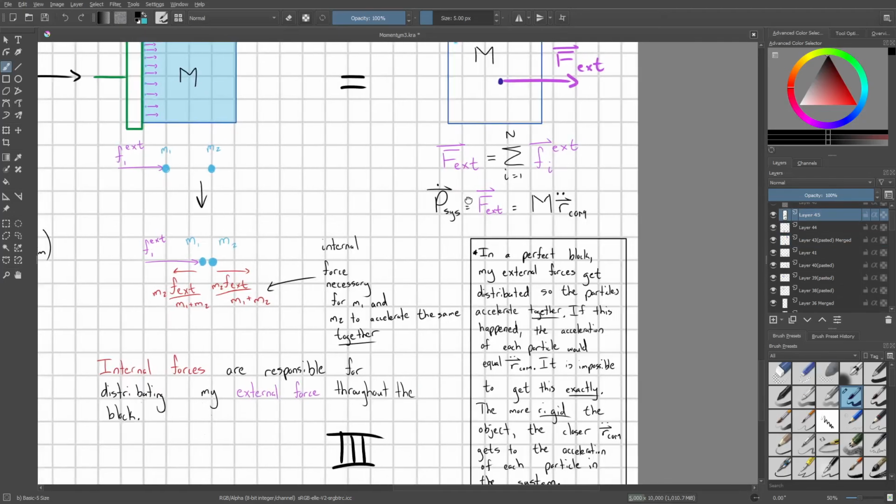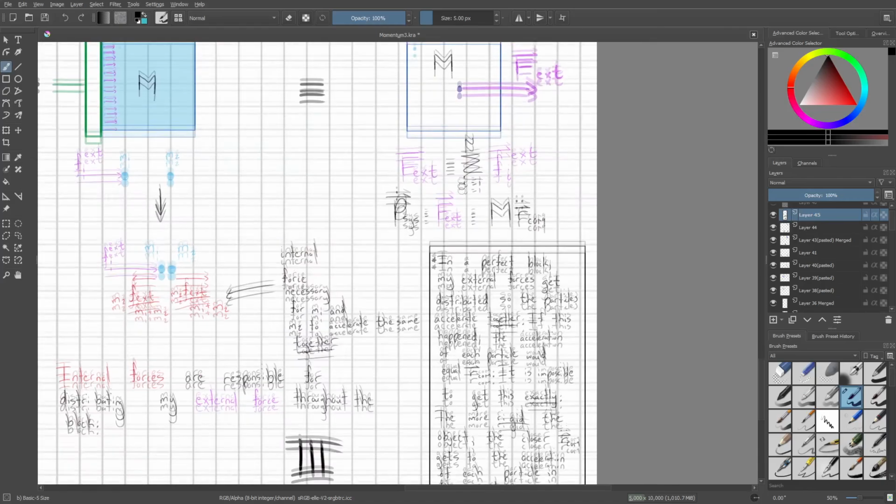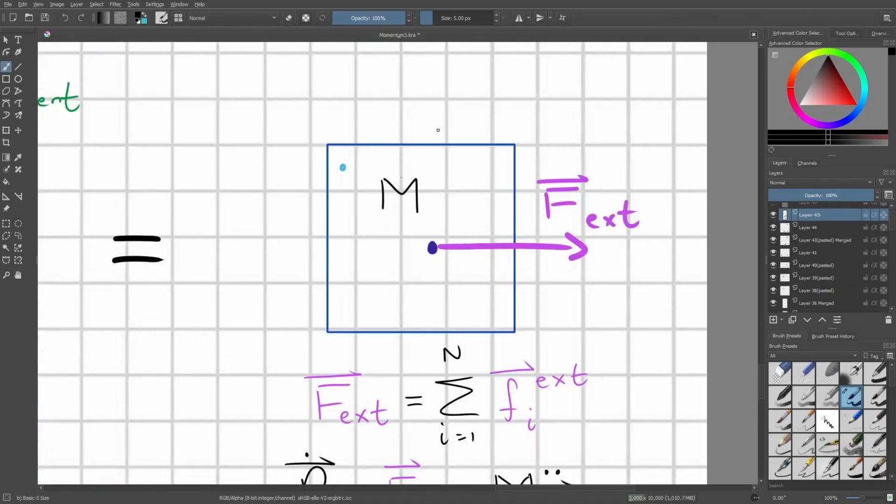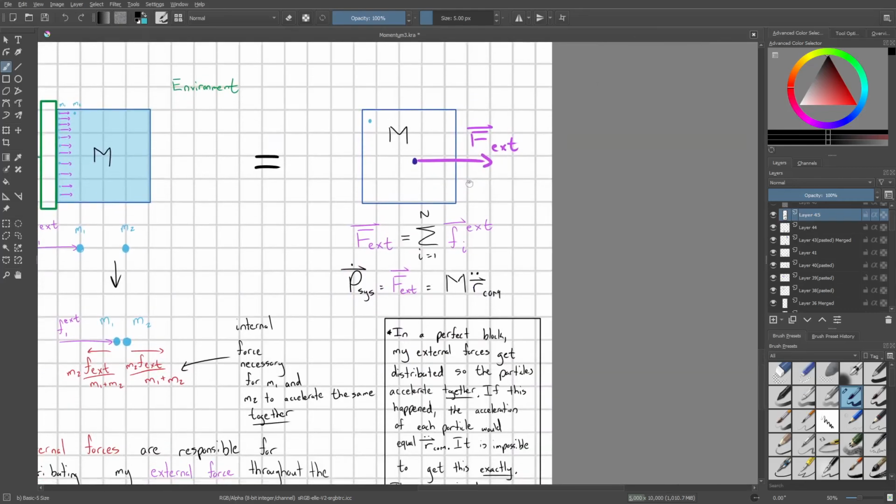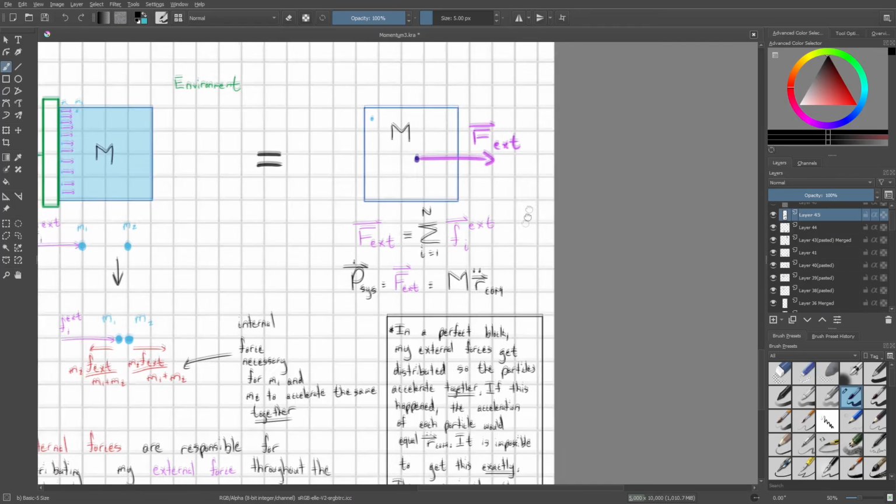Now, the only thing that I want to clarify is, okay, so we know that when I apply an external force, that's going to make this center of mass of my block accelerate by some amount. But does a particle in the top left here, just a random particle in a block, what says that this guy accelerates the same as the center of mass point? That's kind of the question. And there really is nothing to say that, but I'll just go ahead and make this last point here, that